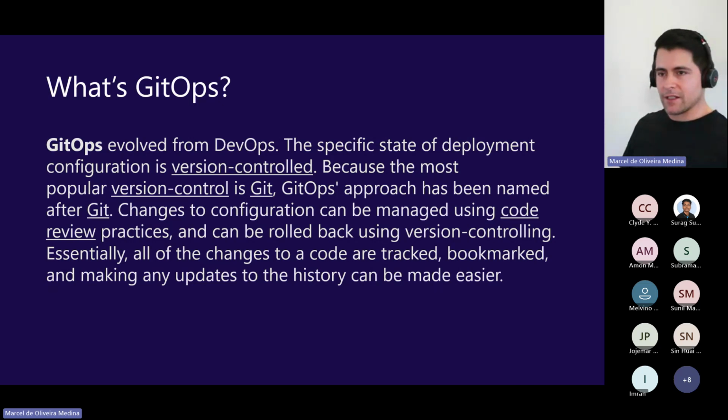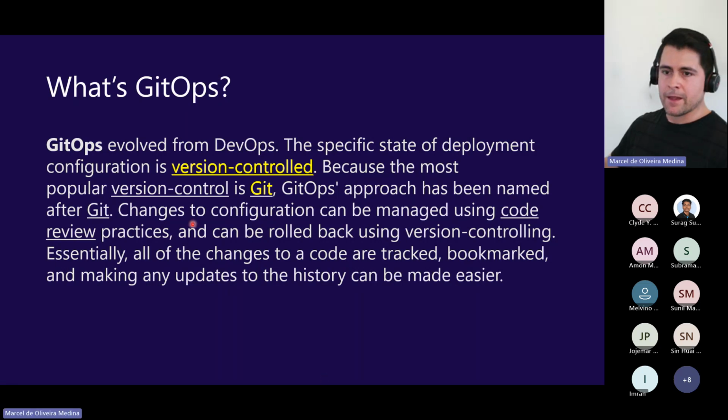The idea here is that we have this configuration, our source code, right? What we create is version controlled. And GitOps comes from Git, right? Which is a very popular version control. GitOps was just embedding the tooling onto DevOps, right? So here, let me bring my laser again. Hopefully that comes.